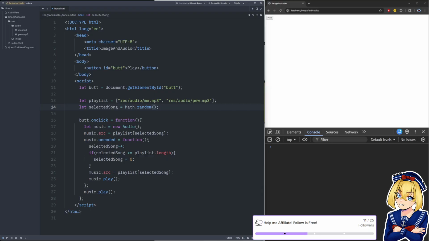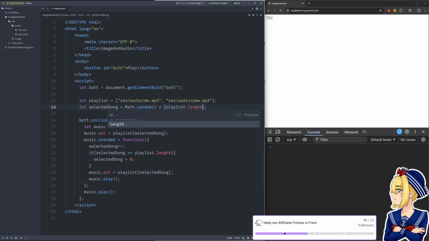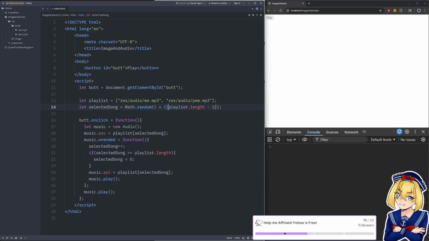And then if we want to do this between two numbers, then what we need to do is multiply this by the maximum number we want, which is going to be playlist.length minus 1, because we don't want the length to be 2, because 2 is too high.